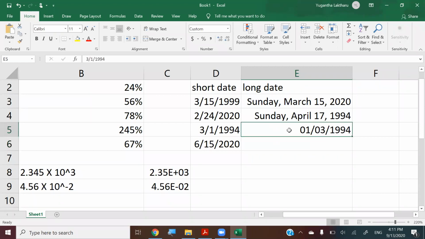Because what we gave here was 3-1-1994. So that indicates March 1st, 1994. But once you press enter, it got changed in the way we want. The first day comes to the front and March comes after. But what we actually gave was 3-1-1994. If we give it the other way, if we give exactly what we want,